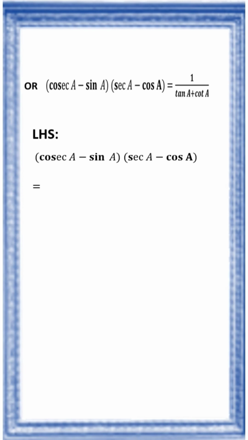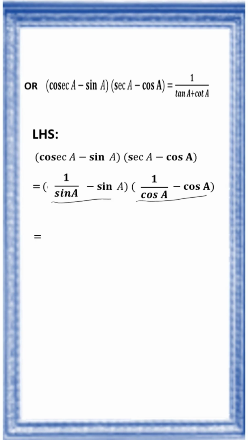Cosecant A is 1 by sin A. Secant A is 1 by cos A. Here the LCM is sin A, and for this the LCM is cos A. So that is equal to